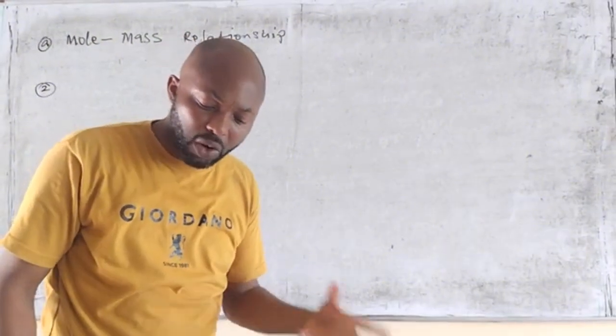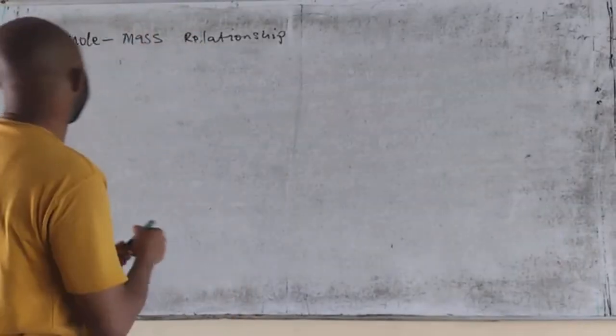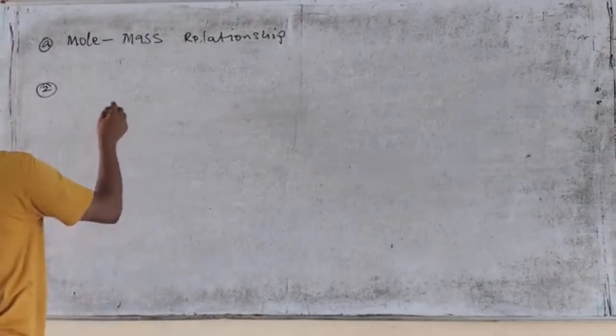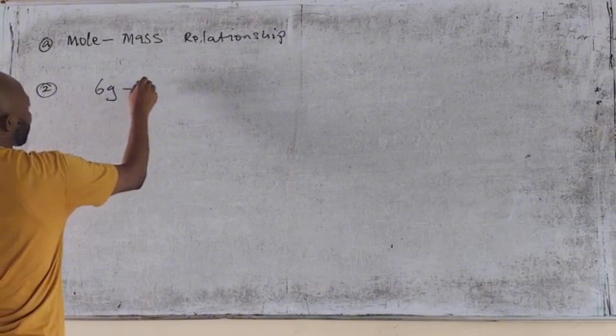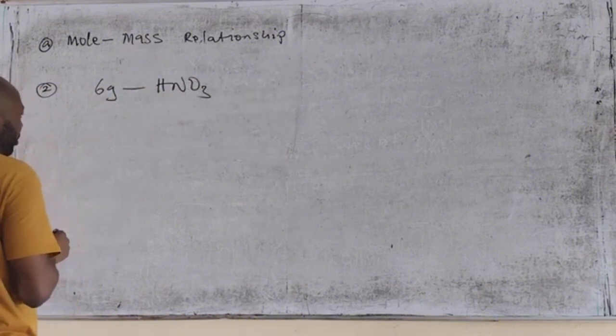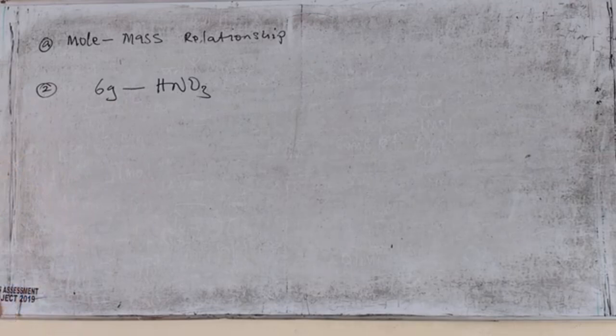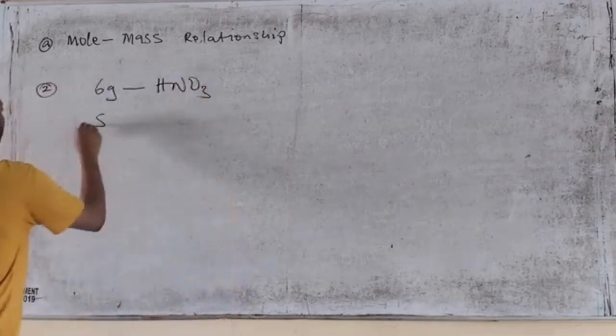Calculate the number of moles in 6 grams of trioxonitrate(V) acid. We are calculating the number of moles. So this has been given. So the question solution,